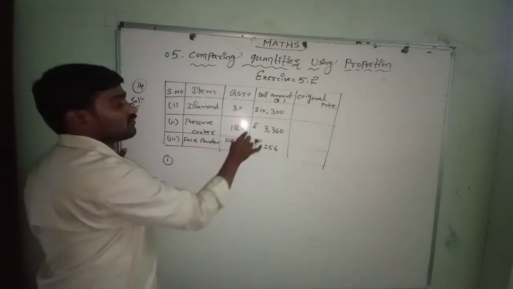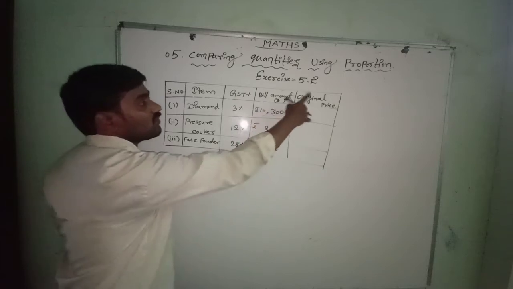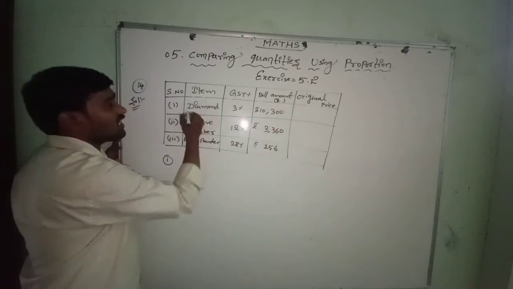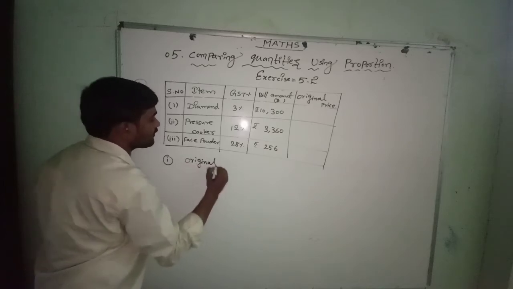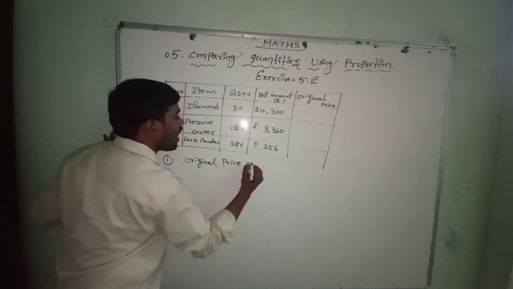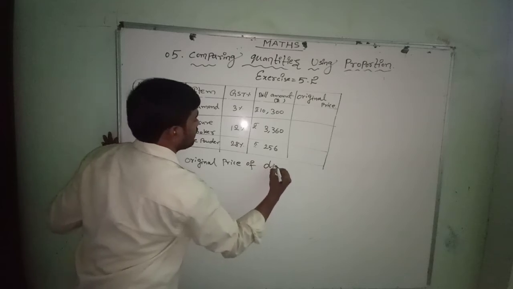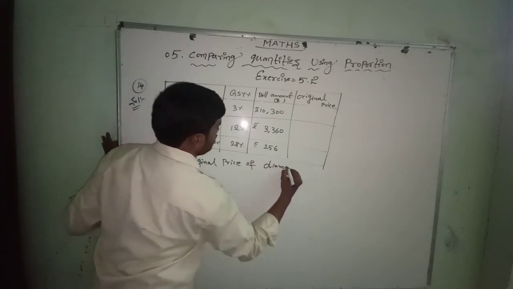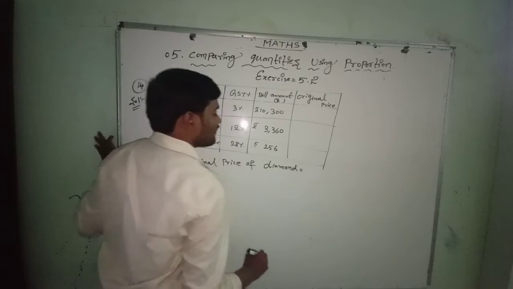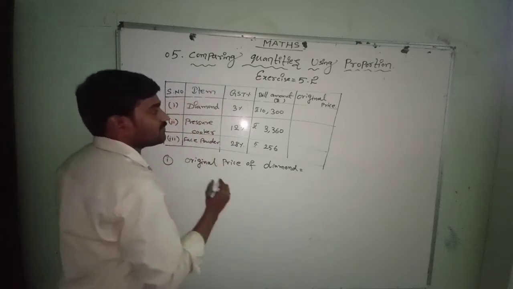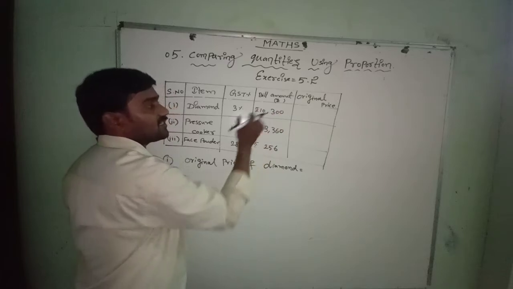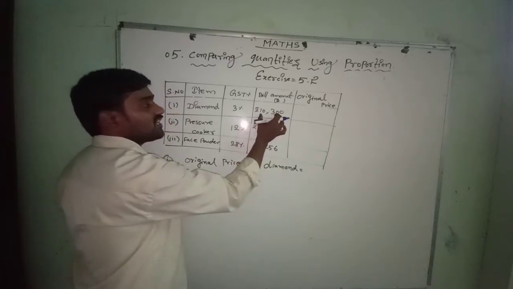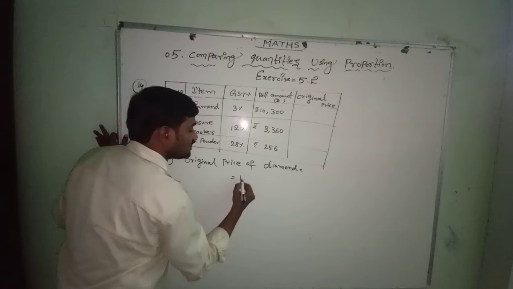See, and pressure cooker 12%. Now we'll find out the original price. Original price of diamond. Diamond equals original price of diamond. What will be the original price of diamond? Tell me. Here 3% GST is applied on this. It is 3% of it. So we'll find out the 3% of the amount and we'll subtract from this. That is rupees